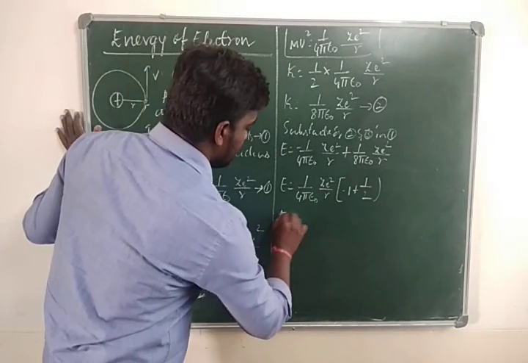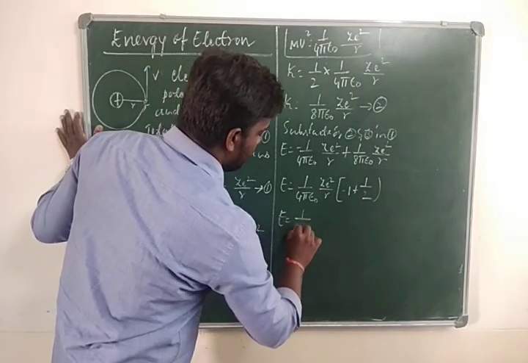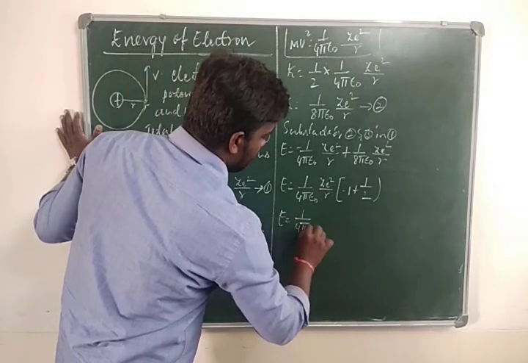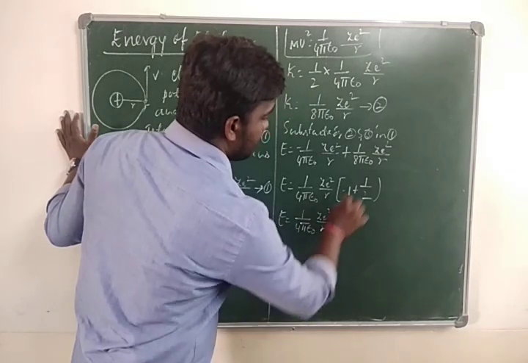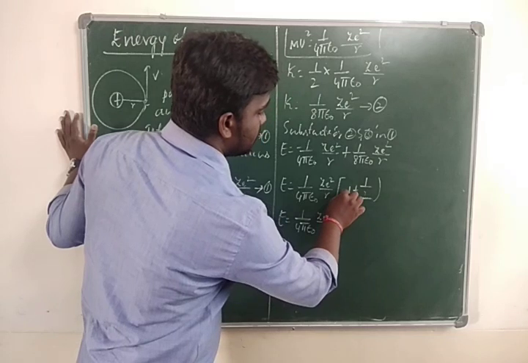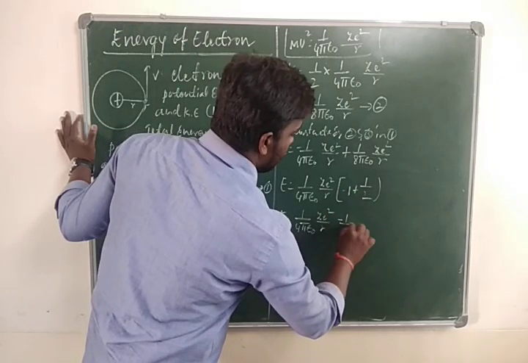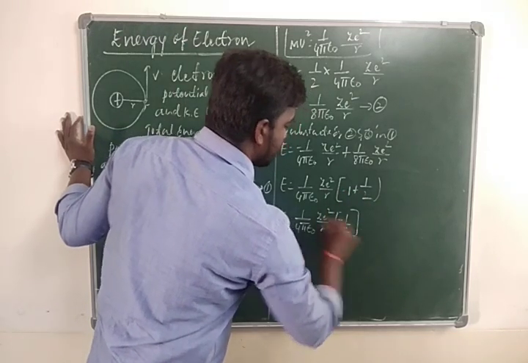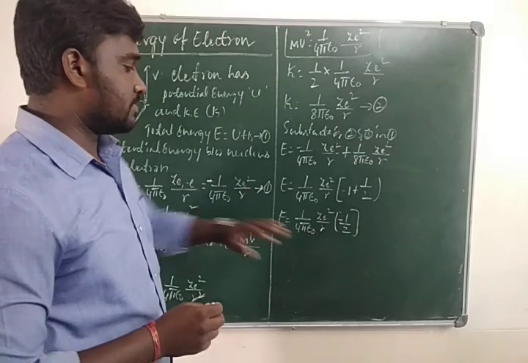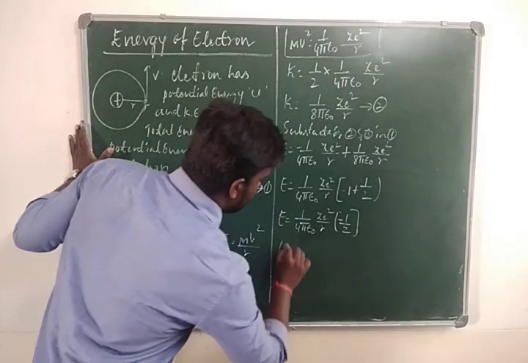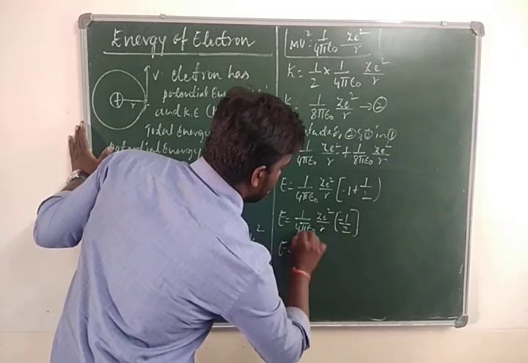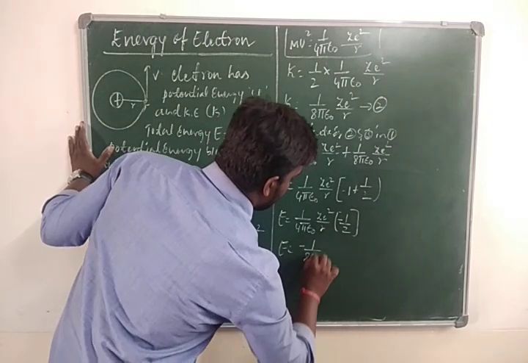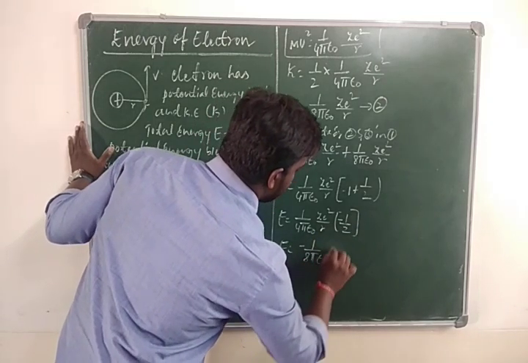So the final E is equal to 1 by 4 pi epsilon naught Ze square by R into (minus 2 ones are 2) minus 1 by 2. Minus 1 by 2. So next E is equal to minus 1 by 4 into 2, 8 pi epsilon naught